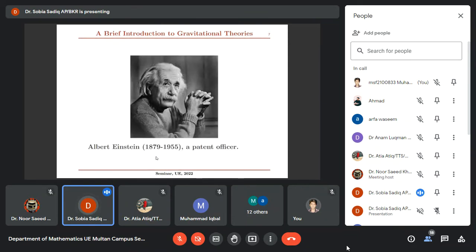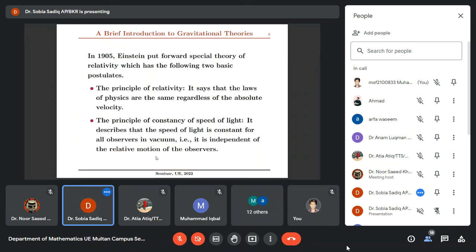So then came the idea of Einstein. Einstein was basically a patent officer, and he used to meet his old friends. Some of them were studying physics, some of them were doing engineering. So they used to share their intellectual thoughts, and from there Einstein's passion for physics developed. In 1905, he came up with the special theory of relativity, in which he unified space and time